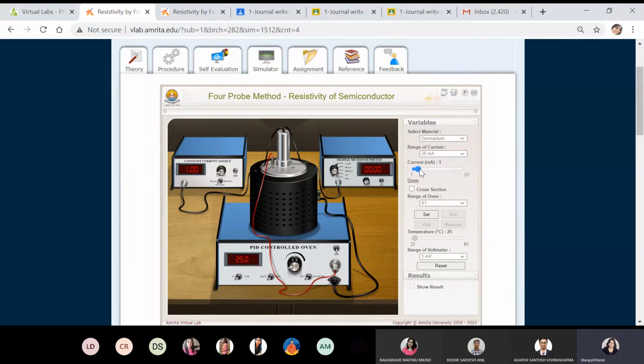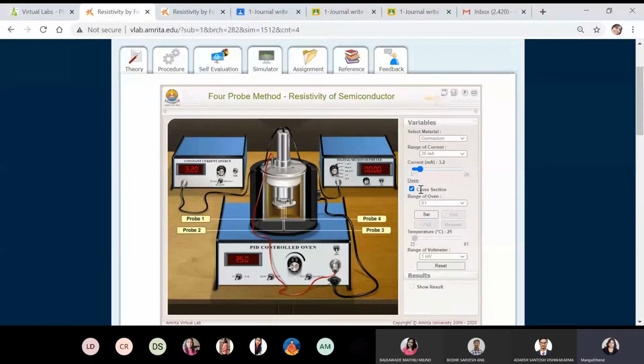Now you adjust the current, any current you adjust. Okay, now I have adjusted the current to 3.2. Then you will switch on the oven, O1, because we can see the effect of temperature on the resistance, and you will give me your conclusion about what you have observed. If temperature is increased, does the resistance of the semiconducting material increase or decrease? You will see that effect. Okay, so here O1 will be used to change the temperature. You observe the effect of temperature also.